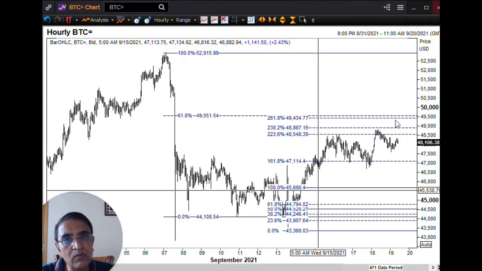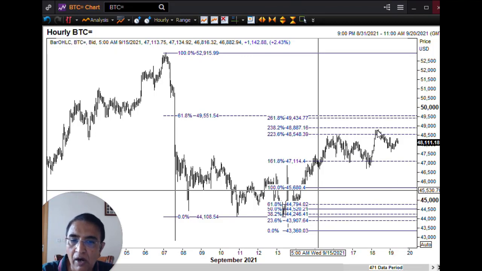But we want that down move to be really fast because that will be the 3rd leg down, and that's the C wave. And it should be in 5 sub-waves by itself. And then you can figure out where the target for that will come by using the same technique I've been teaching you from my book and in the course. Take the distance from 0.0 to 0.3 and compute the standard Fibonacci projections and calculate it from the top of the wave 4, which you will see later on.